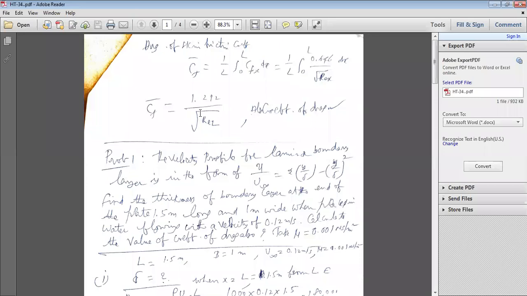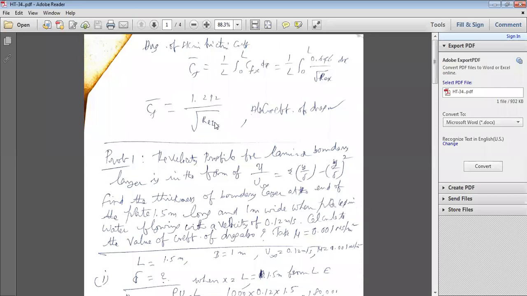you'll get the average convection coefficient 1.292 divided by square root of Re_L. So the average convection coefficient Cf bar is equal to this. It is 2 times the local convection coefficient when x is equal to L. If you multiply the 2 into 0.646, that becomes 1.292. That's why the average convection coefficient Cf bar is equal to 2 times the local convection coefficient when